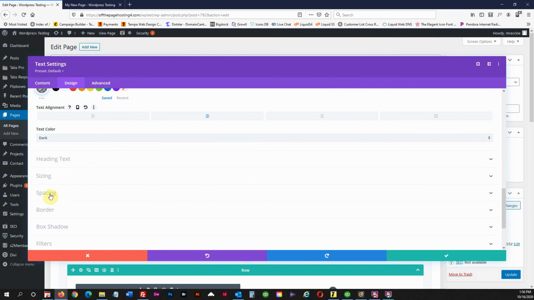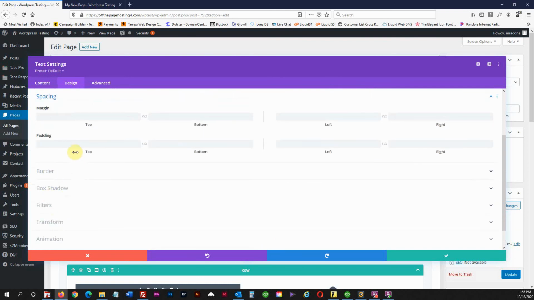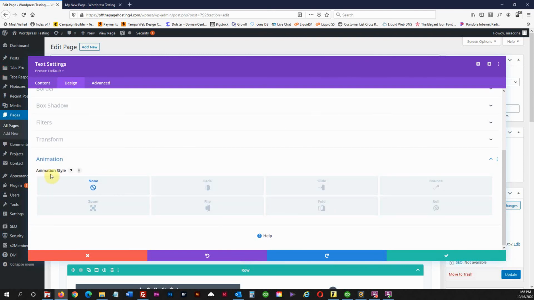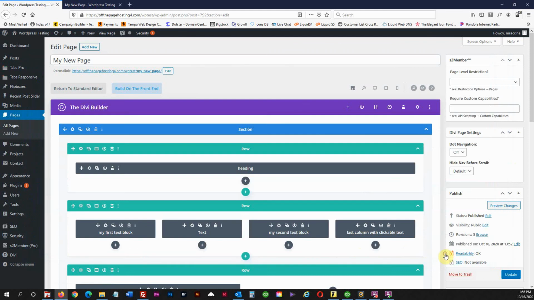And then we're going to go down to spacing. And we're going to add 18 pixels of padding on the inside of that text box. Top, bottom, left, and right. And what that's going to do is add a little bit of spacing around the text so it doesn't crash into the box. And then we'll get fancy and add an animation style where we slide it in. And now I'm going to save that